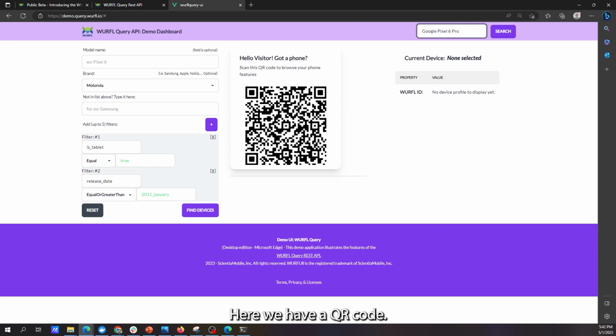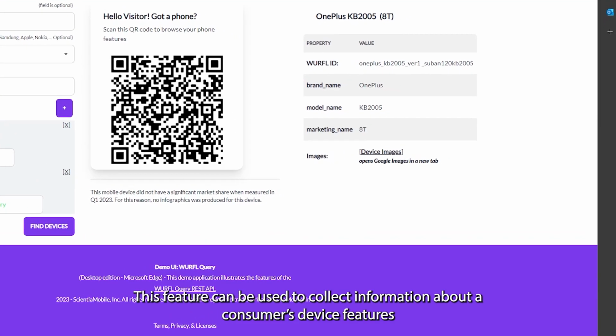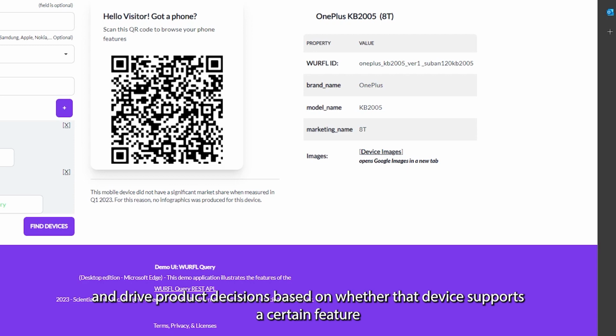Here we have a QR code. I'm about to scan the QR code with my mobile phone. It is a OnePlus 8T device. If you wait for a second while I scan it, you will see that the page will show my device information on the right. This feature can be used to collect information about a consumer's device features and drive product